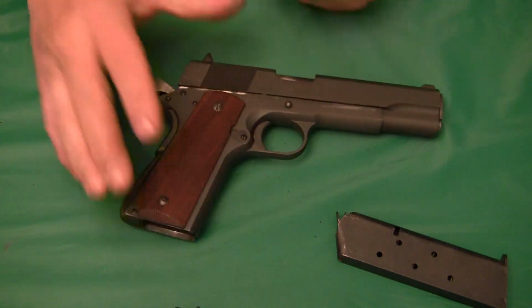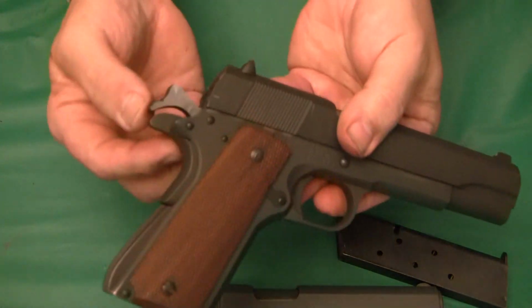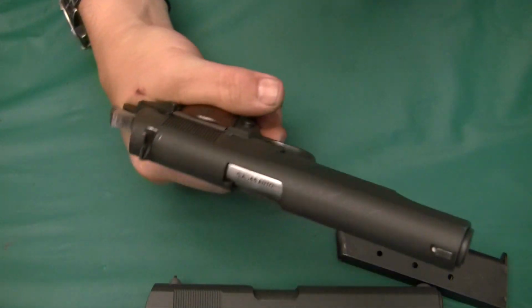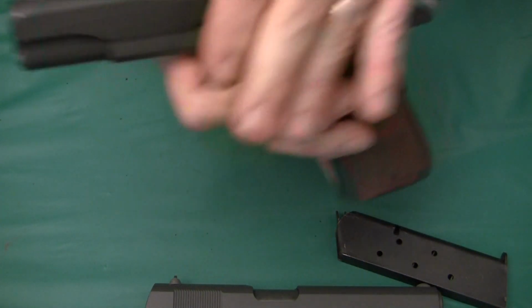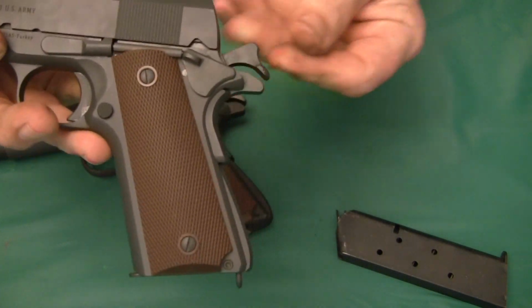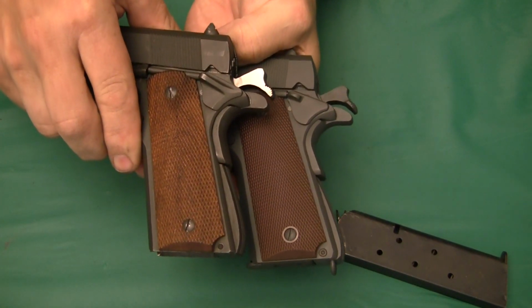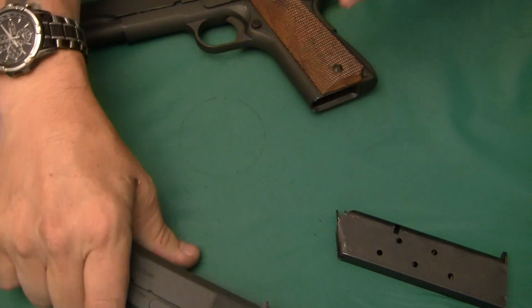And the one thing about this gun, which is different if you look, is this has the correct grip safety. This beaver tail is what should be on the 1911. If you look, this hammer doesn't come down as close in this area here, and this is longer than this one here. This has like the 1911 size, or if you look side by side, I think you can see that this one sticks out farther. I don't get hammer bite with this pistol, or I do with this one. Like I said on this one here, it's the only thing I don't like about it. But other than that,